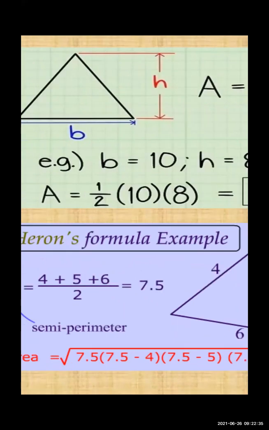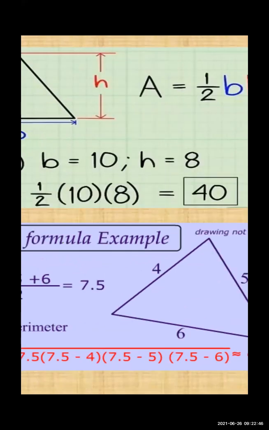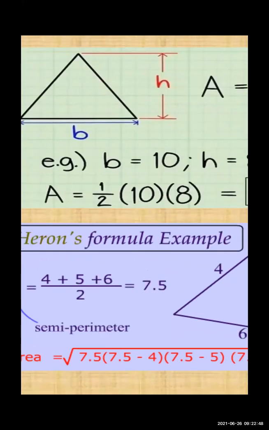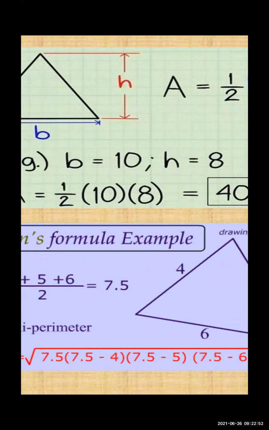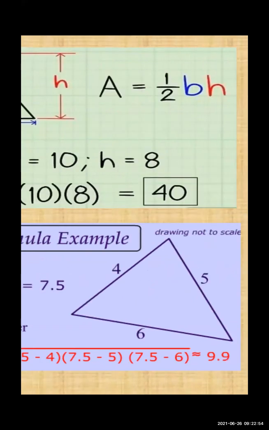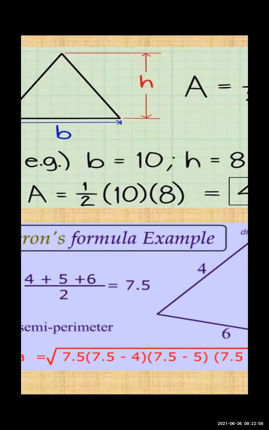Either you reduce 2 by 4, 10 by 2, or 8 by 2, whatever it is. So let us reduce 10 by 2, it will come 5, 5 8s are 40. So your answer for the first example is 40 units. If no unit is written, you can write only the unit. So that is also okay.